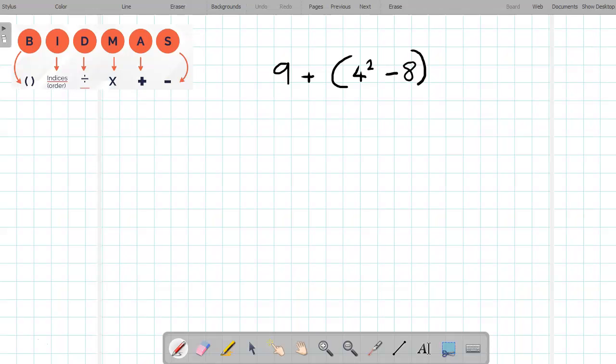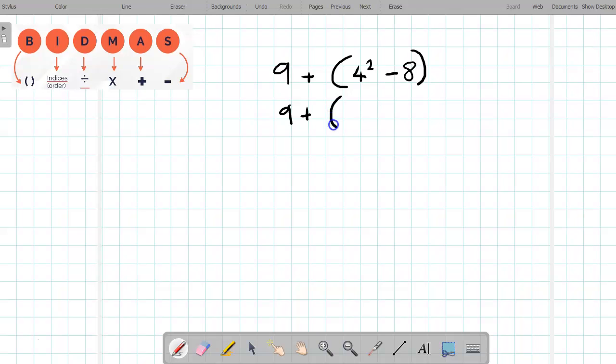So looking at this question and looking at BIDMAS, I can see I've got brackets. So I'm going to answer what is inside those brackets first. And inside those brackets, I have got 4 squared take away 8. Again, this is where I'm going to go back to BIDMAS. So I'm in the brackets, but I've got another BIDMAS situation going on. What do I need to do first? I need to do the 4 squared. So I am going to go in with 9